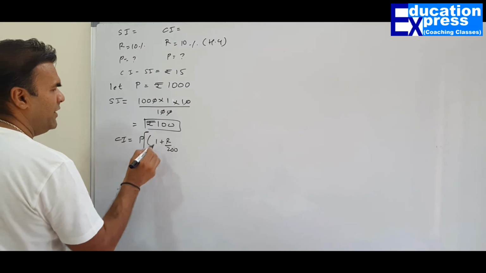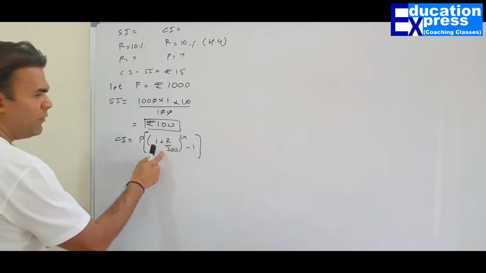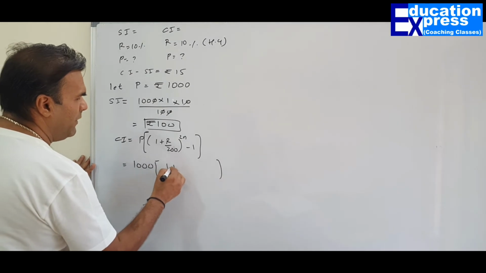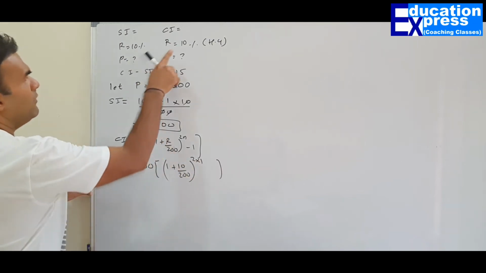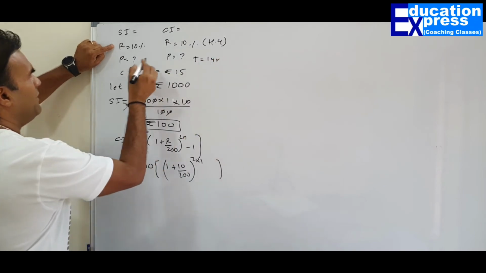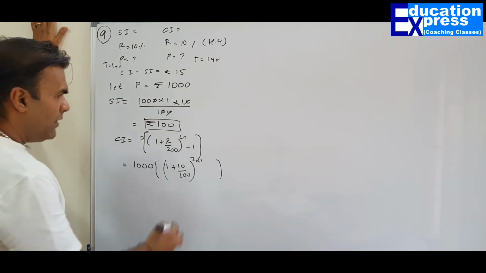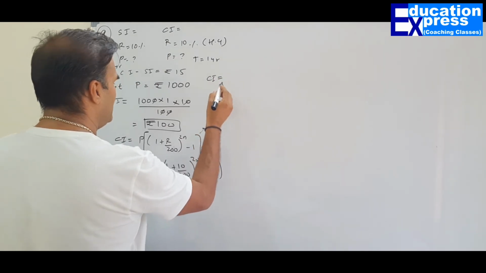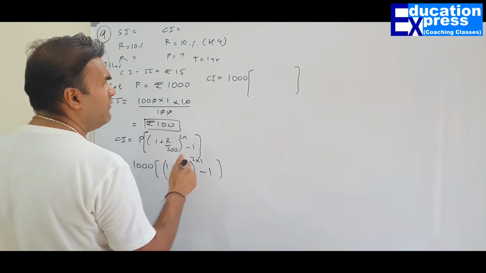We have to find compound interest. So this will be raised to 2n, minus 1. This is the formula for half yearly. Principal 1000, 1 plus 10 upon 200, the whole thing raised to 2 into 1. Time period is 1 year. This is question number 9. Minus 1. So when you analyze this further, you get your compound interest as 1000, 0 cancels 0, 21 upon 20.